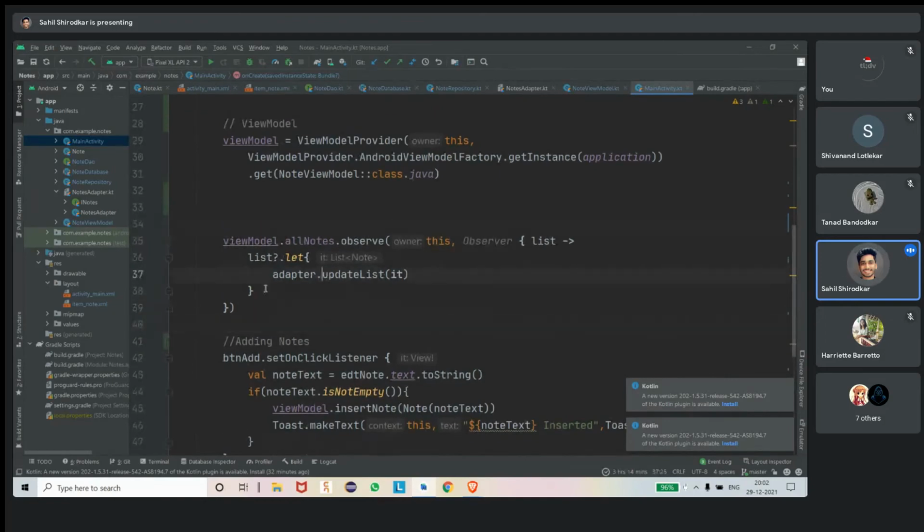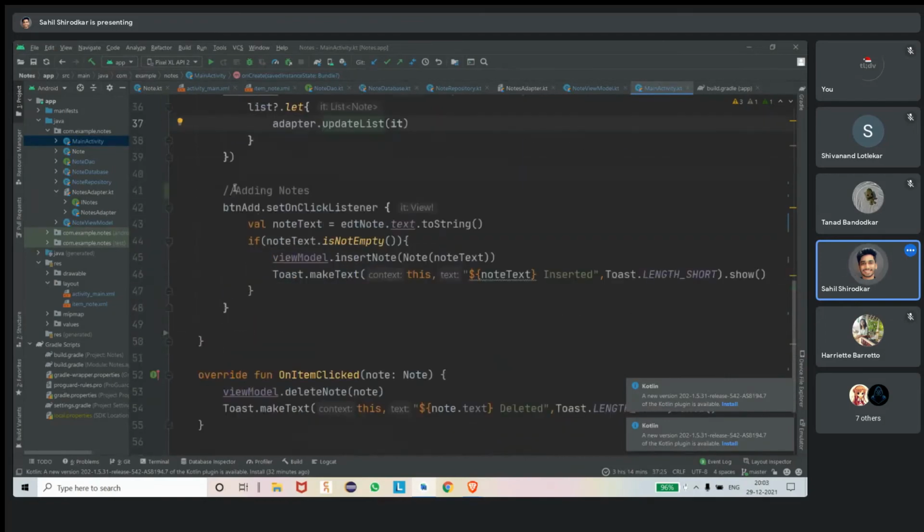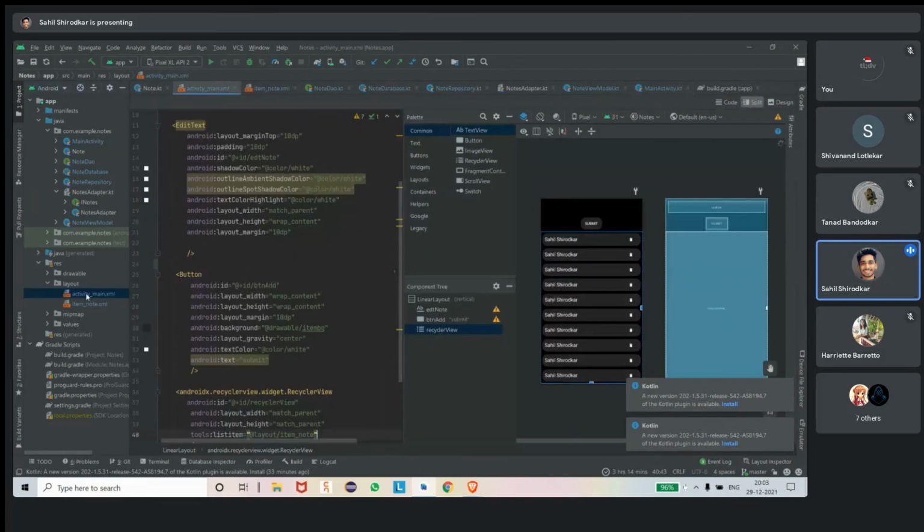So here, I'll first show you this code. You guys can see button add. Whenever a user clicks the submit button, that means he wants to insert this note or string which he has entered.